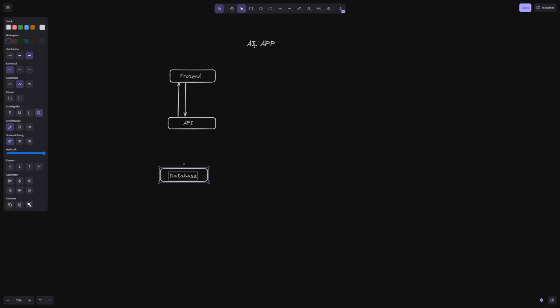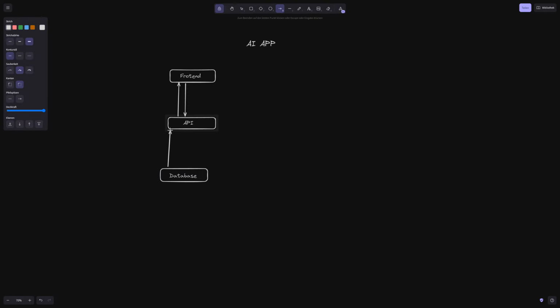The API is gonna query against the database, whatever is needed. Alright, we're gonna get data from the database, and we are also writing into the database. For example, if a user is going to write something into the database, we need to store that. Of course, we also need